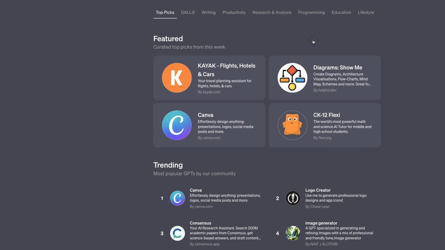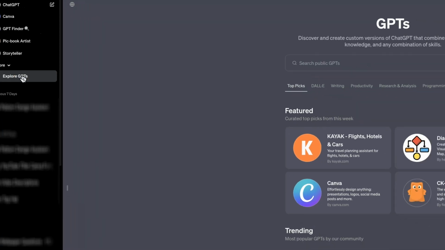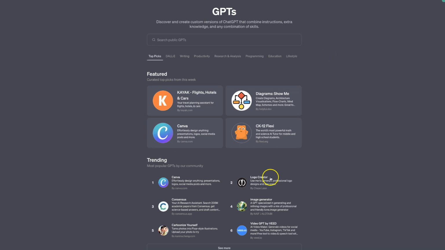Now, once you have that, all you want to do is come here to the left-hand side where it says Explore GPTs. So if we click on there, it's then obviously going to bring us to this page just here. And this is the GPT Store. This is where you can discover and create custom versions of ChatGPT that combine instructions, extra knowledge, and any combination